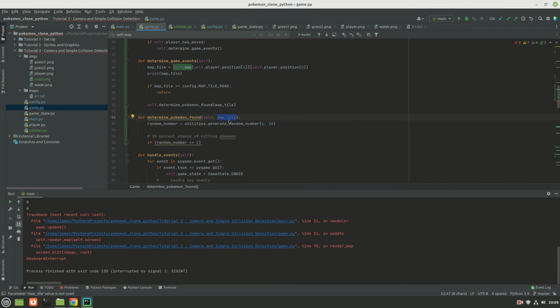Maybe if we had rock type, maybe rock would be less likely to hit than grass, as an example. But for now, it'll just always be 20%.